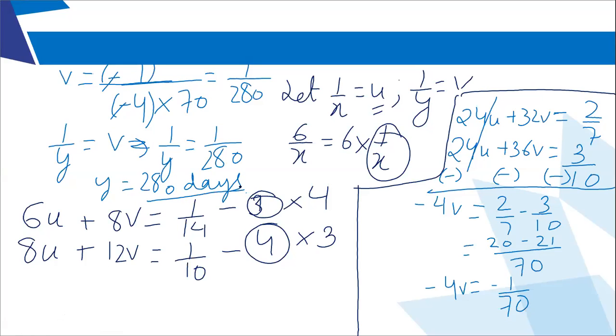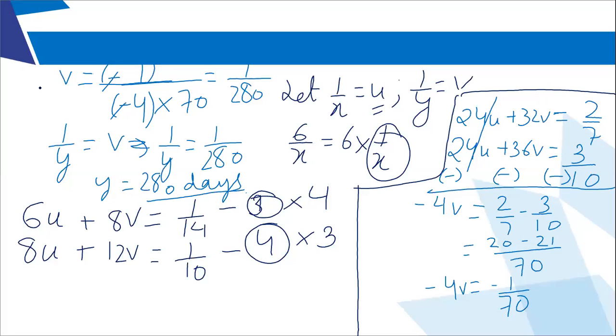Yes, children? Yes, ma'am. Okay, so remember one thing, when your variables are there in the denominator, you have to introduce two more variables of your own, and then you have to get the answer. Then only you will get the answer. So I'll move forward to the next one, and that will be the last one, children.